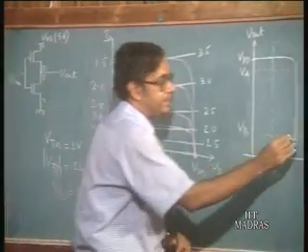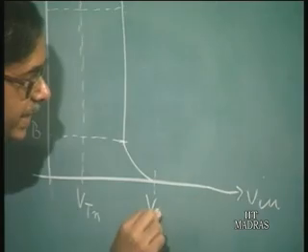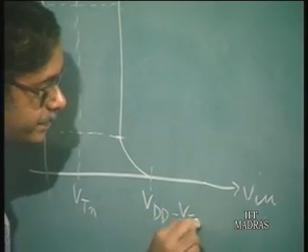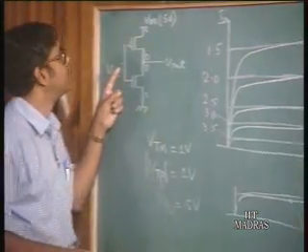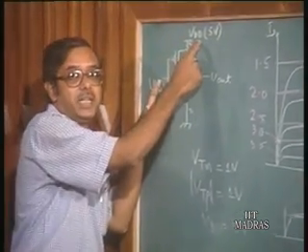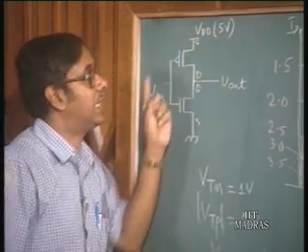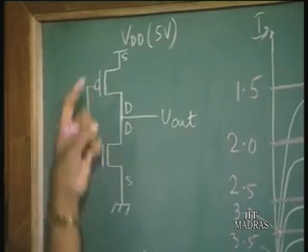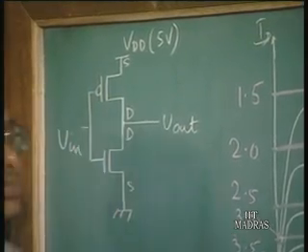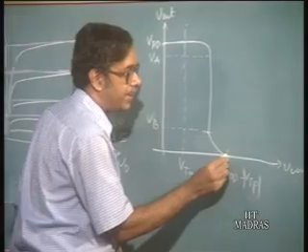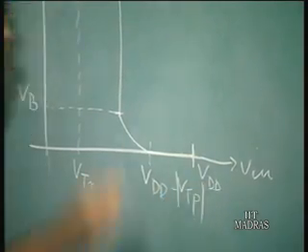And when the input voltage reaches VDD minus VTP, this is VDD minus VTP, this is VDD. That means the gate to source voltage is minus VTP, which means that the PMOS transistor cuts off. The PMOS transistor is off, the NMOS is conducting, so the output voltage will go to 0. At this point the output voltage goes to 0, and then it remains 0 till we go to